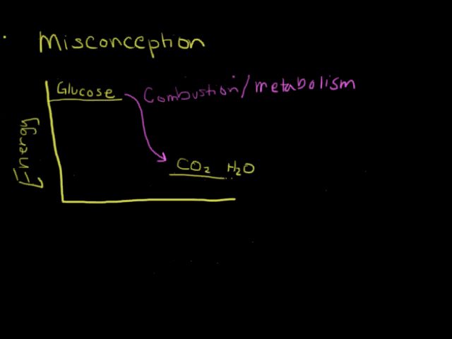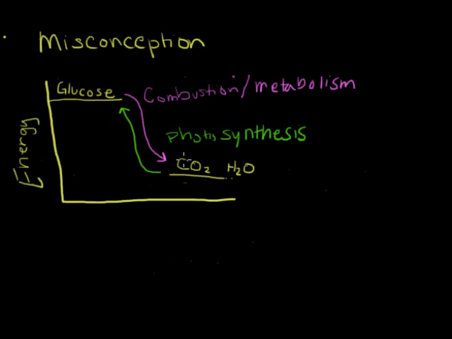Conversely, if we were going the other way, taking carbon dioxide and water and breaking the bonds between these atoms and turning that into glucose, what is that reaction called? Well, that's photosynthesis, right? I apologize for my handwriting. I've been practicing. I will make it better, I promise. So going in the opposite direction, from very low energy bonds and turning those into high energy bonds,